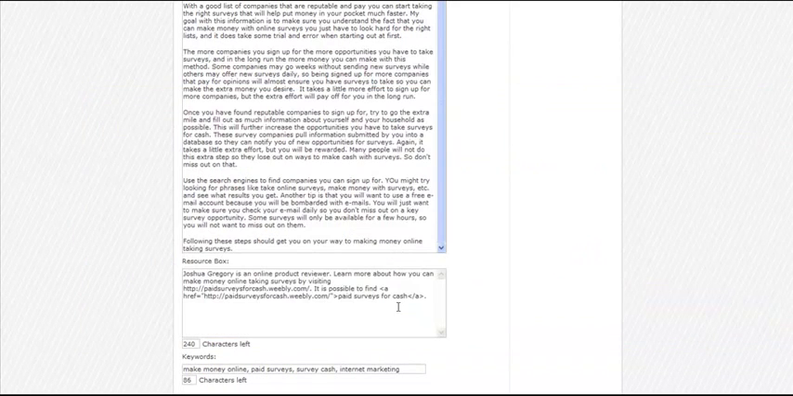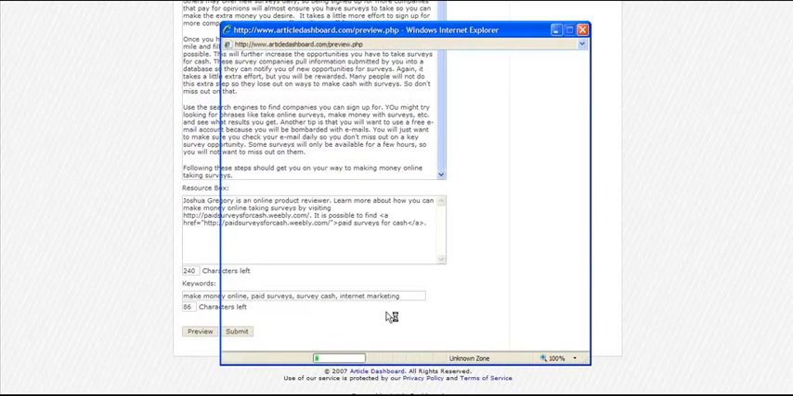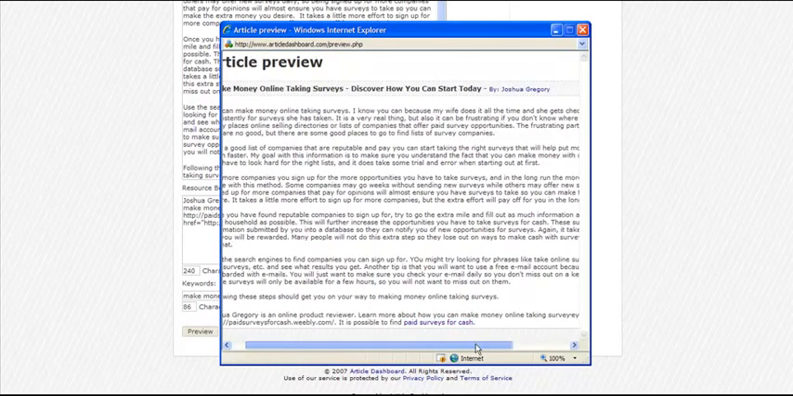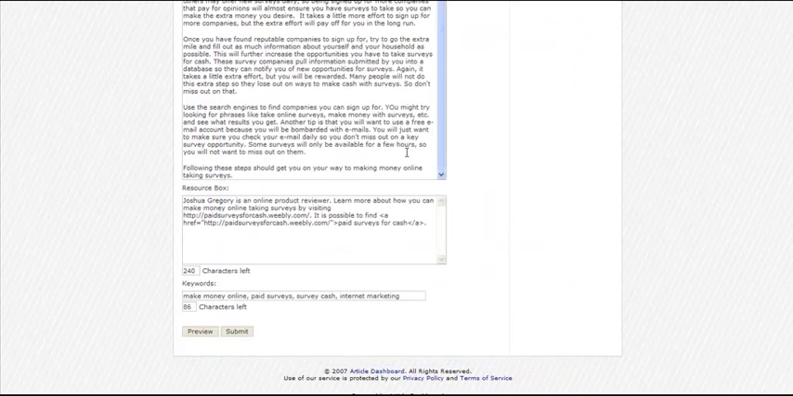So now that I've done that, we're going to go ahead and just click over here on preview. And this is how to use article dashboard. So I'm just going to click here on preview. And there you see the article. And you notice here that this link is now clickable and it takes you directly to the website. I did notice that this link did not show up as clickable, so there is a way that we can fix that though. So I'm going to come back over here, and what I'm going to do is actually just